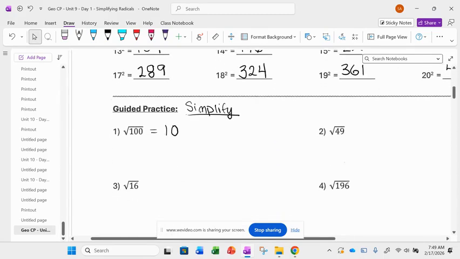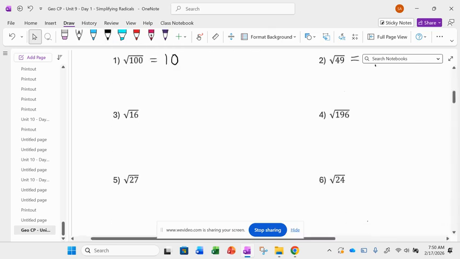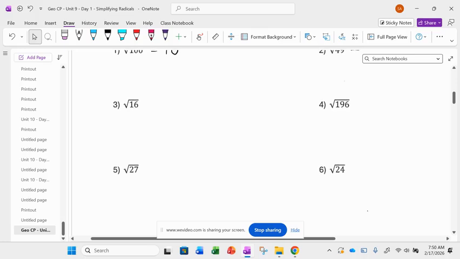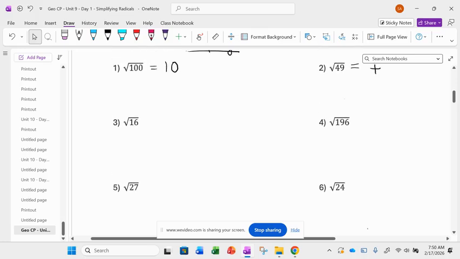All right, no more radical. The radical is the question. That square root is the question. It's saying what number times itself gives me 100. Our answer isn't what number times itself gives me 10. That radical is just a question. So our answer is the whole number 10. All right, what number times itself gives us 49? 7. All right, I want you guys to do 3 and 4 by yourself and then just zoom in so I can see